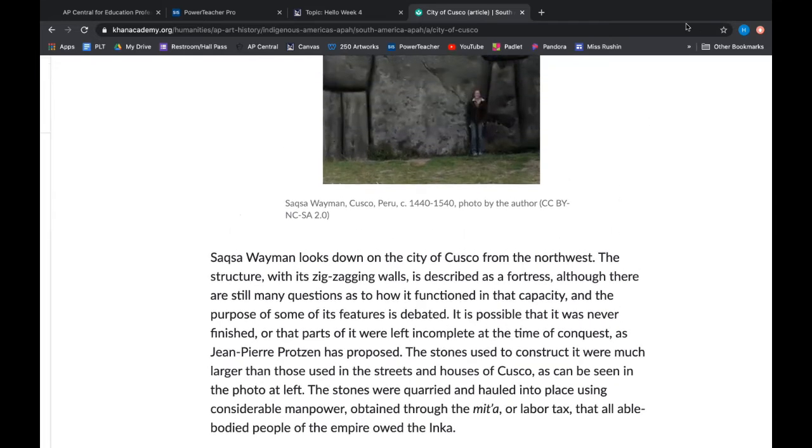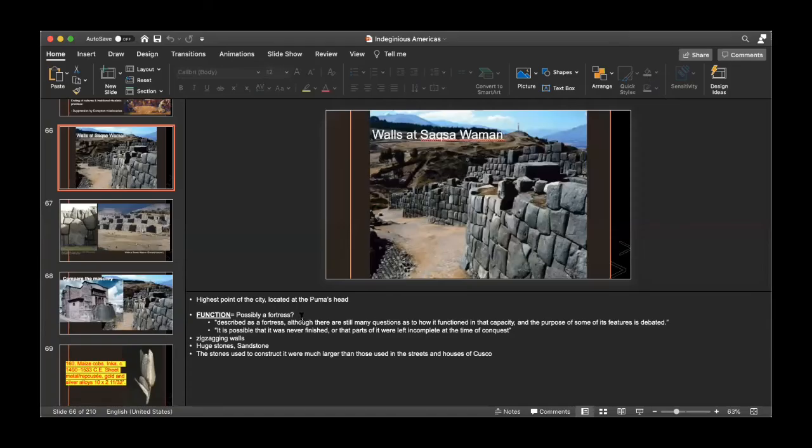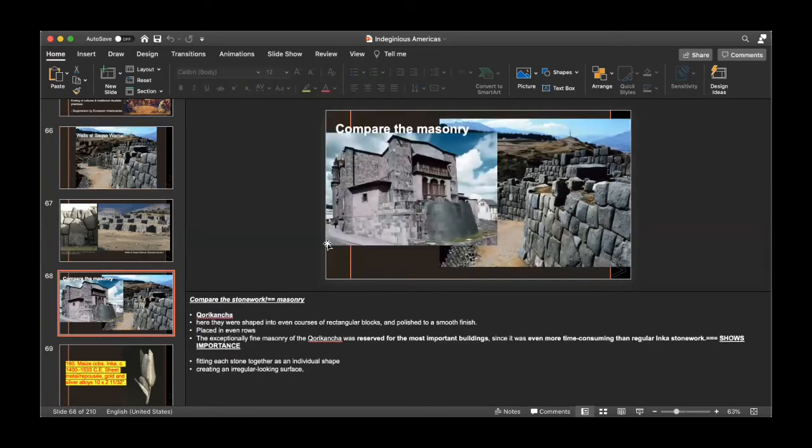So let me see what I put in my notes. Okay, so I'm reading my notes down here at the bottom. Sacsayhuaman is the highest point of the city, located at the Puma's head. Function is possibly a fortress. For form, I would write it has zigzagging walls, huge stones, and then we should be able to compare the stones, right? You should be able to compare the masonry between the stonework in Coricancha and then the stonework at